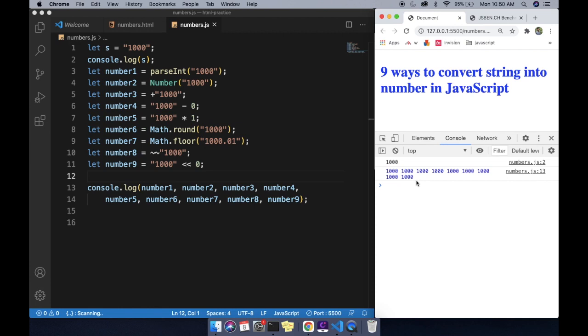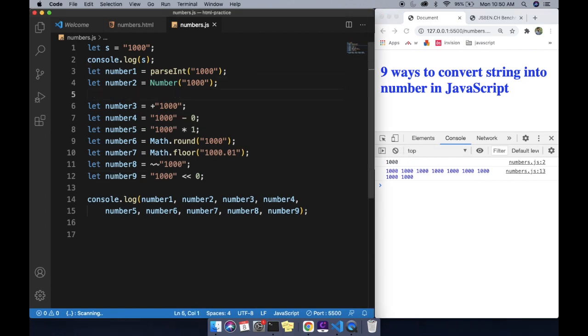But whenever you're converting a string into a number, just consider these things. Not only the performance, every time you need to consider the readability of the code. If any new developer comes into your project, he might get confused about what you have done. That's why you need to comment whenever you are using something. So maybe here, if you are converting a string into a number by using the unary plus operator, just comment it, converting string into a number here. This way, if you comment like this, people will understand, and the code readability will also improve.